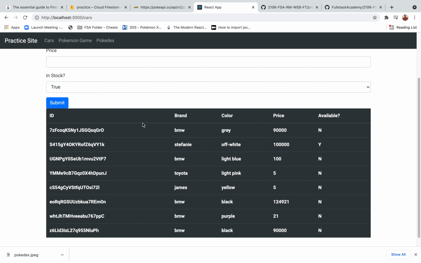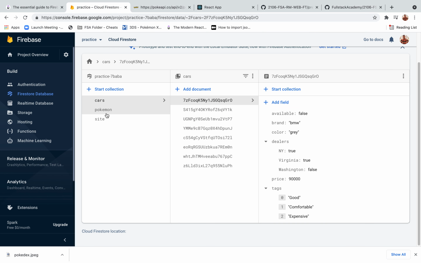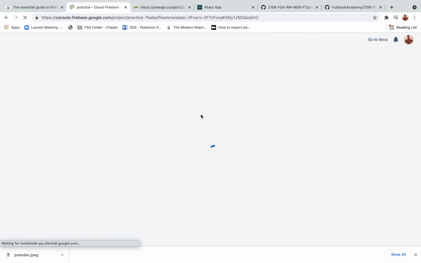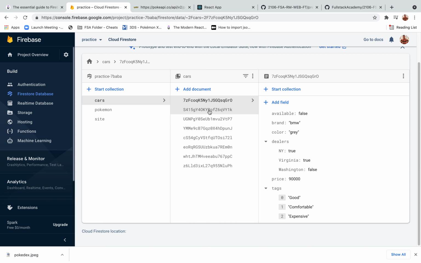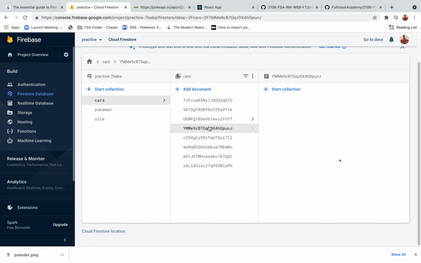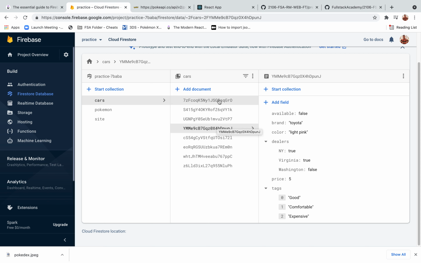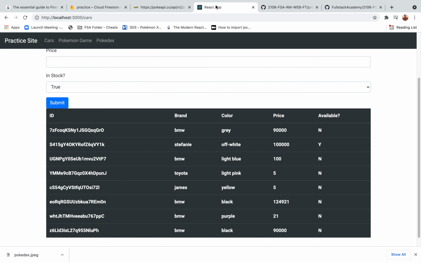So yeah, this is all connected to the Firebase store. And if I refresh the screen, hopefully it's the first one, but if not, it's one of these. And this is one of the problems that I had with Firebase Firestore, the auto-generating ID. I was starting to learn about that, but then I realized that I had to go off of my learning and into my project. So that brings me to the Pokemon portion,